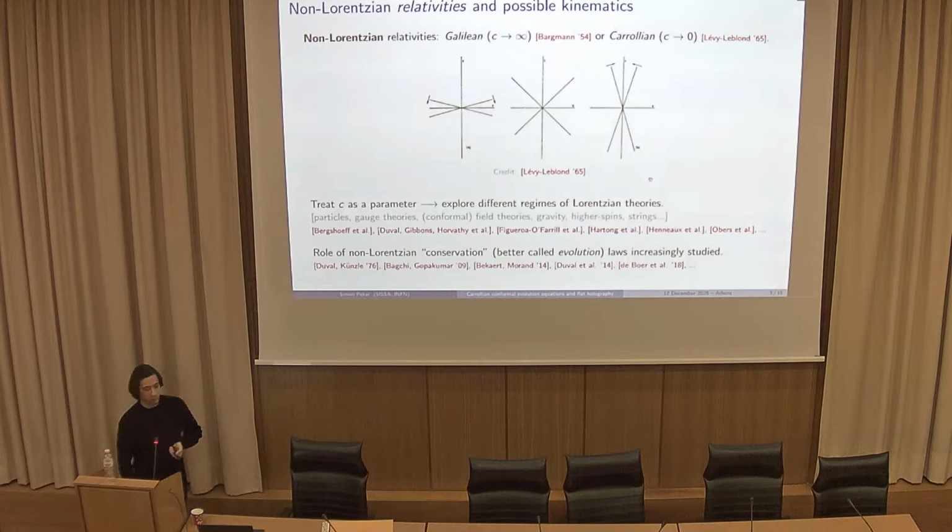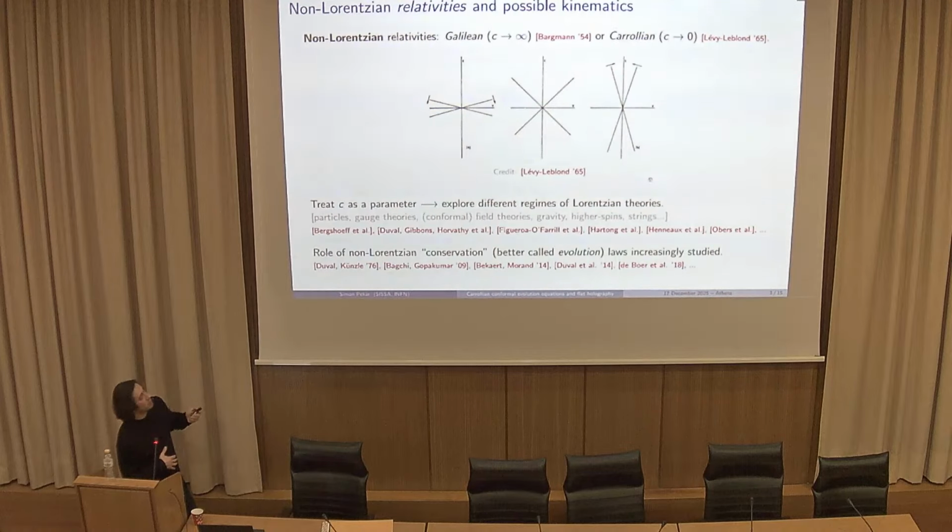But now I'm going to move to a different realm of non-Lorentzian relativities. We heard a lot of times the term non-relativistic regime. I don't really like this term because if you take a regime where, let's say, the effective speed of light goes to infinity, so you consider systems which move much slower than the speed of light, your system still enjoys a form of relativity, which is Galilean, right? So you take the large c limit, you end up with a Galilean system. You can also do something completely crazy, take the opposite limit, and then you enter the realm of Carrollian physics.